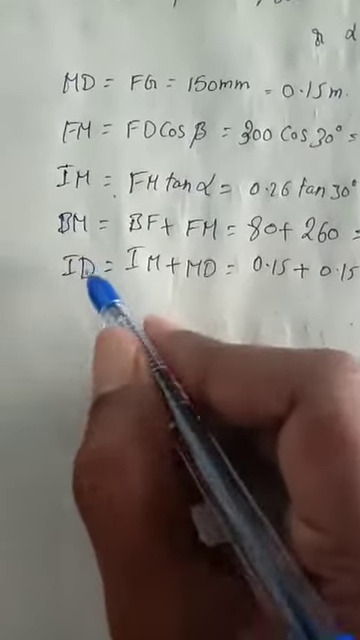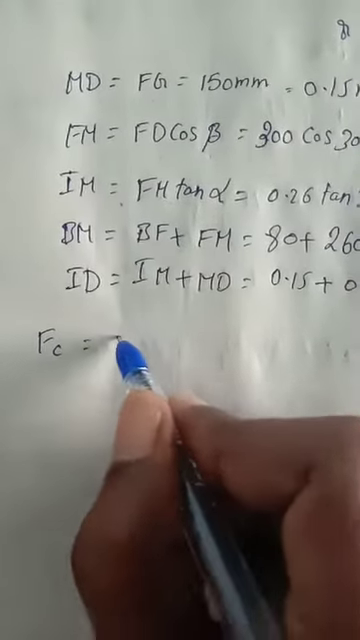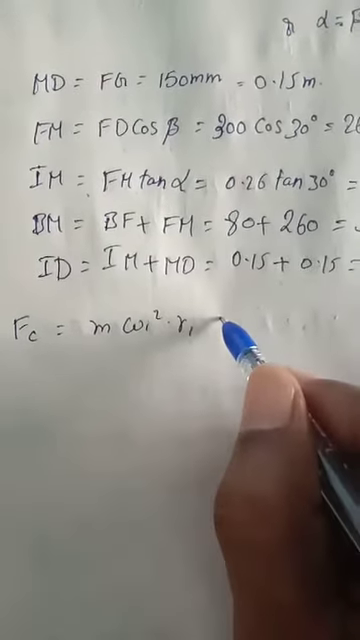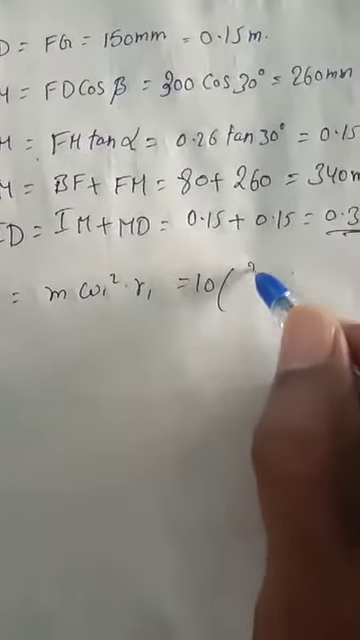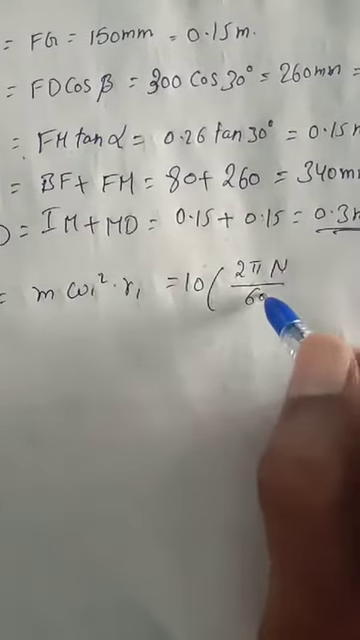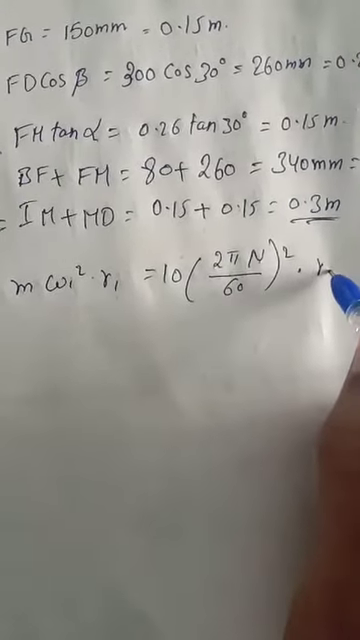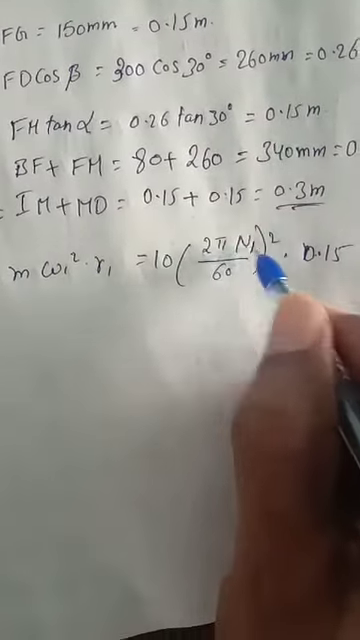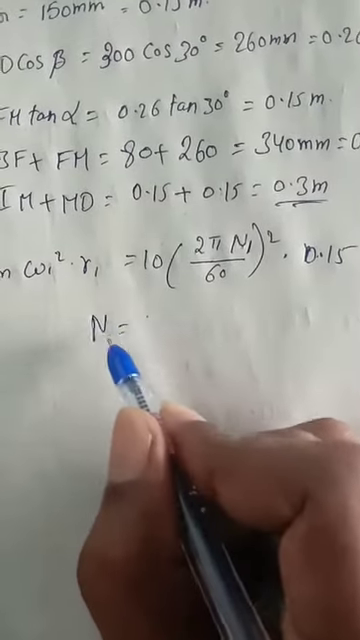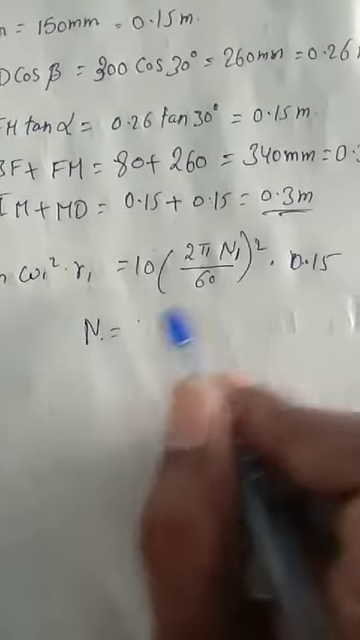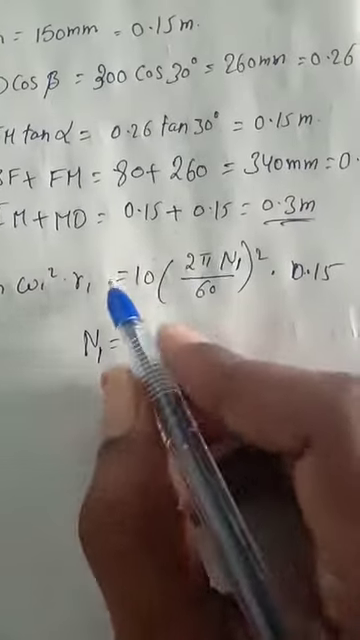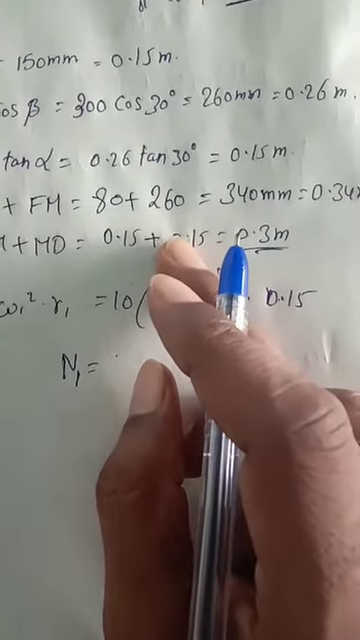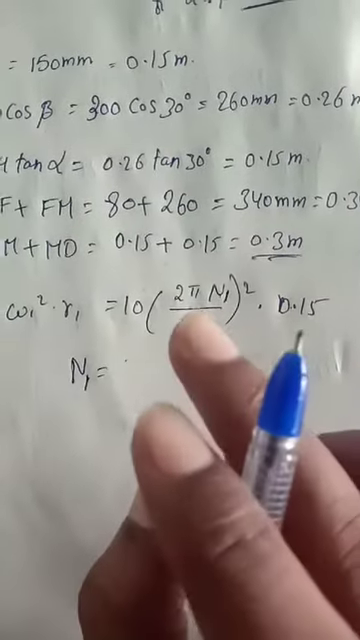So now we know centrifugal force Fc is equal to m into omega 1 square into r1, and that is equal to 10 into (2 pi n by 60) whole square into r1. Here the radius of rotation is 0.15. The only unknown value here is n1. So you can solve this entire thing, and we will get the answer for n1